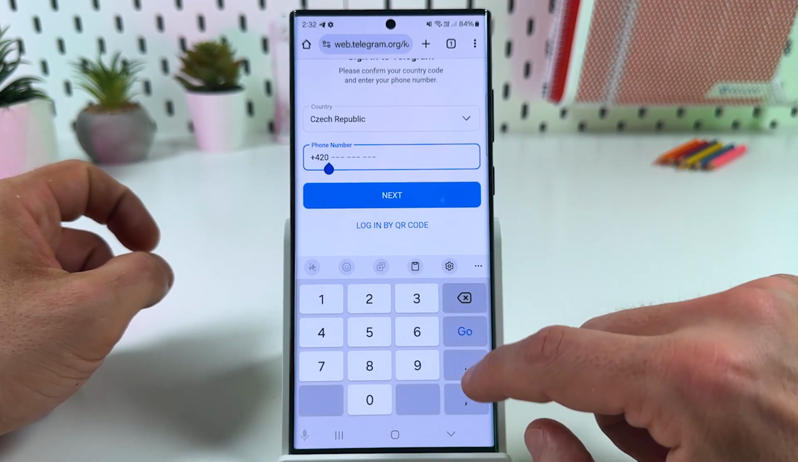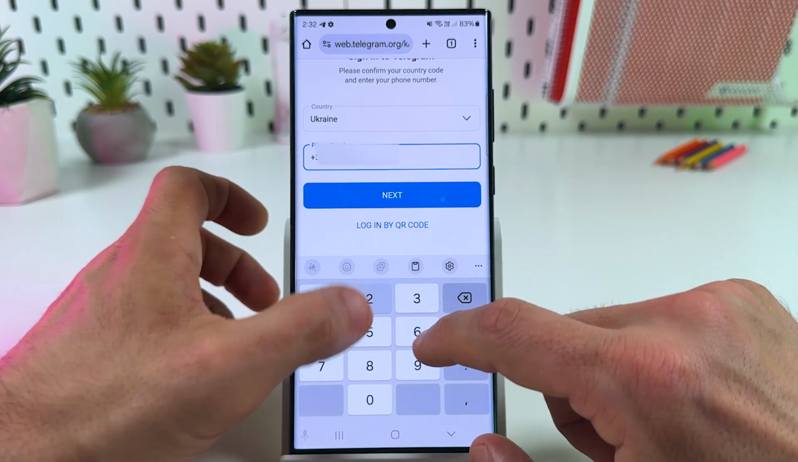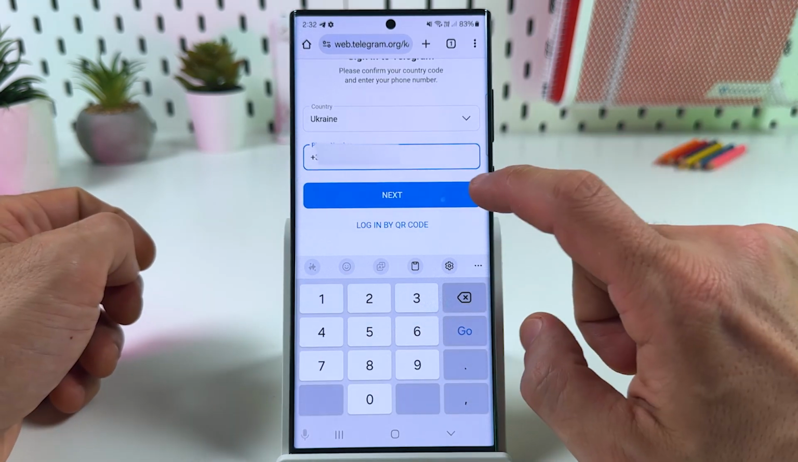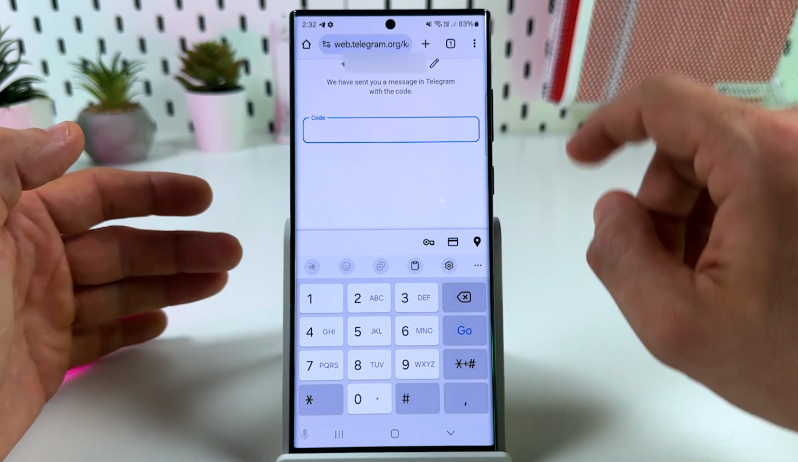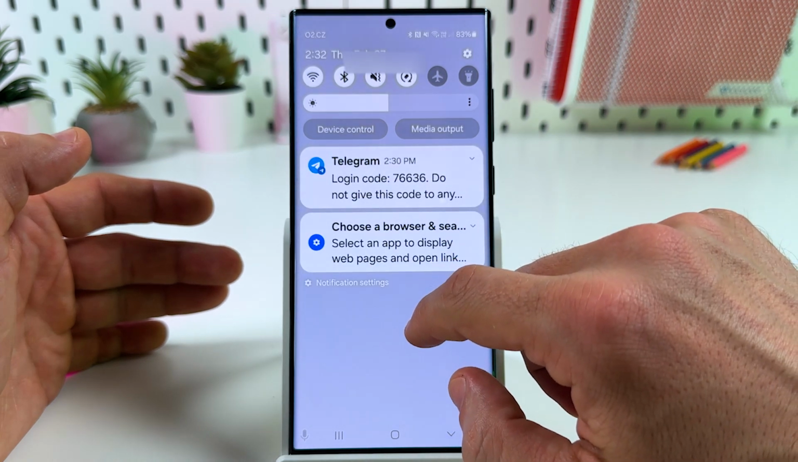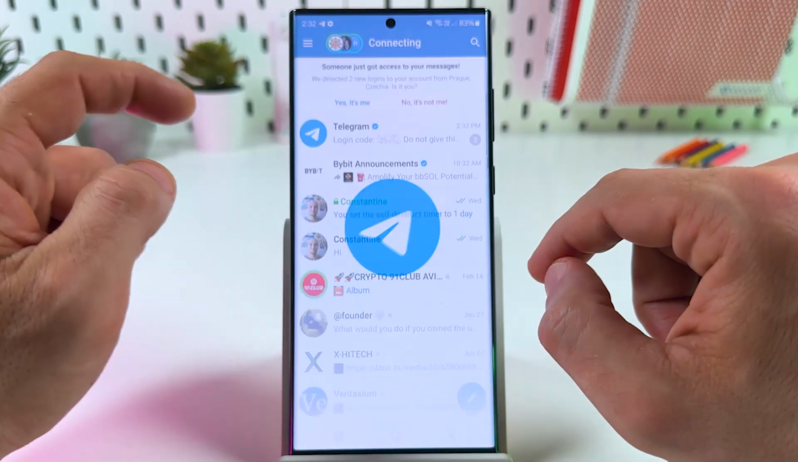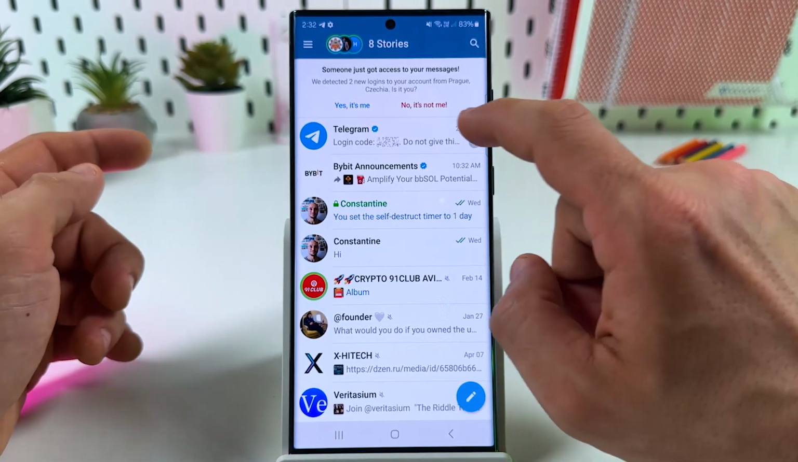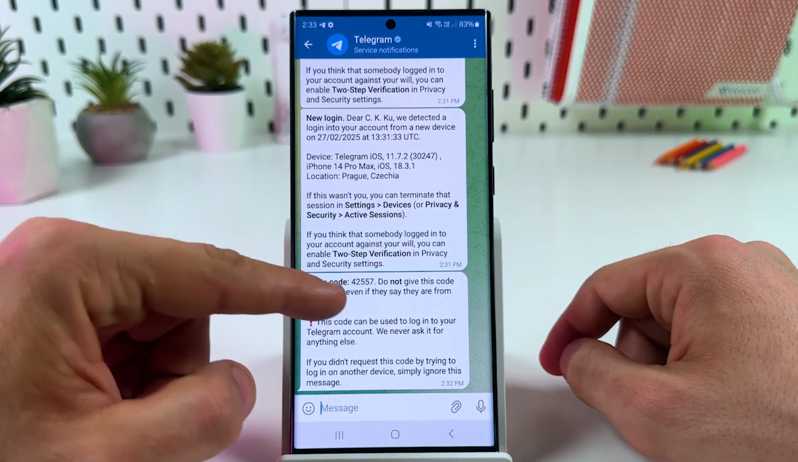Now enter your phone number with country code. Hit next and wait for a confirmation message to your application. If you don't see a pop-up message, open your Telegram and here is your code in the latest message,